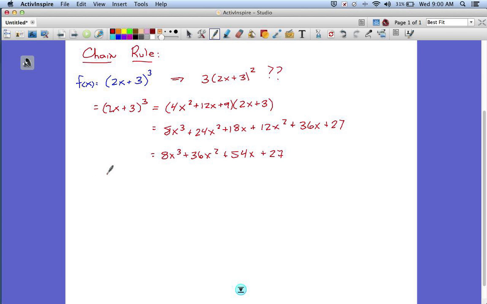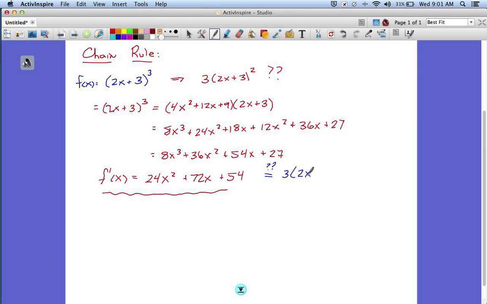So that's my function. So my derivative, then, it stands to reason, this is normal derivative stuff here, is 24x squared plus 72x plus 54. That's my actual derivative. That was a heck of a process. So let's see if our little shortcut method up here worked. Is that equal to